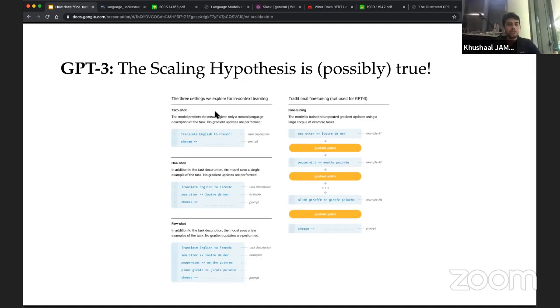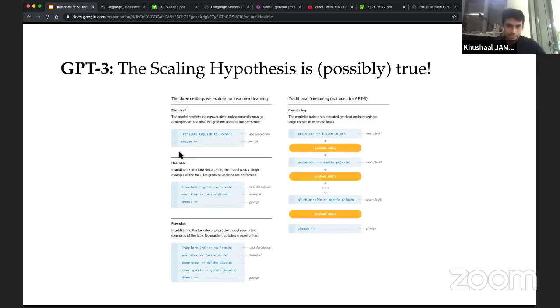Zero shot is challenging. I think this is the most challenging of the 3 settings, for the simple reason that often the task description is ambiguous. Imagine being asked to make a table of world records for the 200-meter dash. That is an ambiguous directive in that it's unclear what the format of the table should be and what it should include. However, I think that they decided to evaluate it anyway, just because zero shot is very close to certain tasks